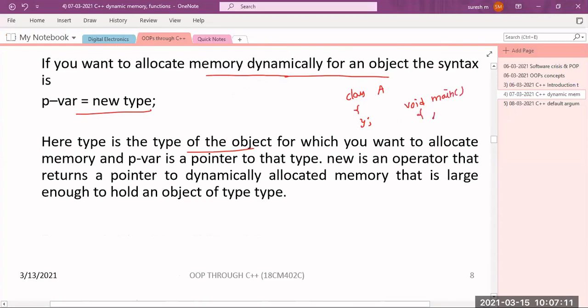If I want to allocate the memory for this object dynamically, then I write A star o1 equal to new A. This is the syntax for allocating the memory for an object dynamically.